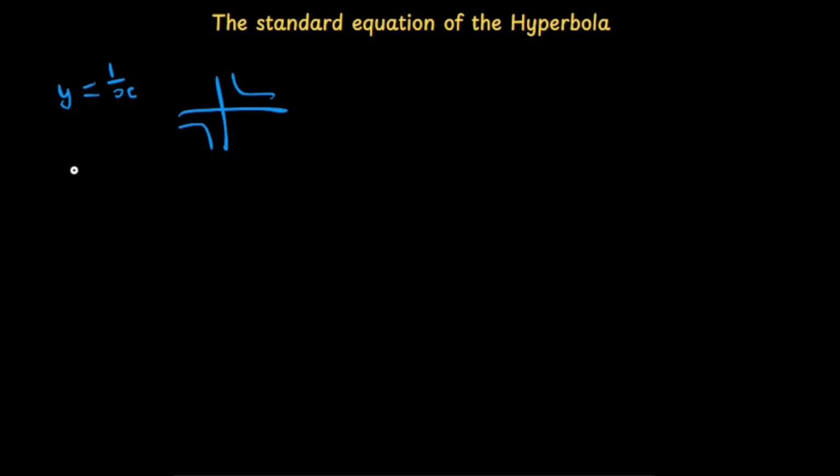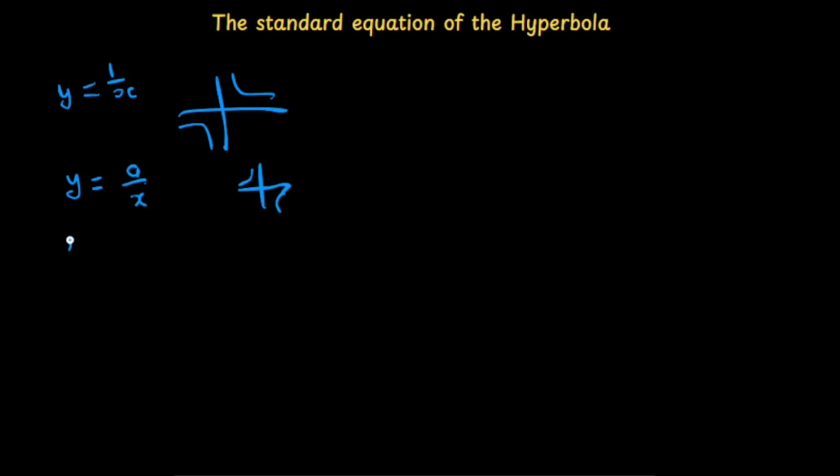We then learned that in order to manipulate the shape of the natural hyperbola, we can use the equation y is equal to a over x, where if the a value is positive, it will lie in the first and third quadrant, and if the a value is negative, the hyperbola would lie in the second and the fourth quadrant. We then went on to learning how to vertically shift this hyperbola, and that was done by